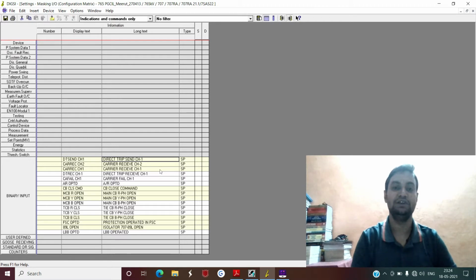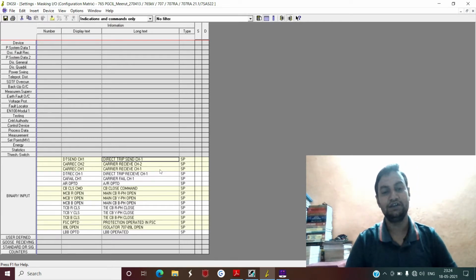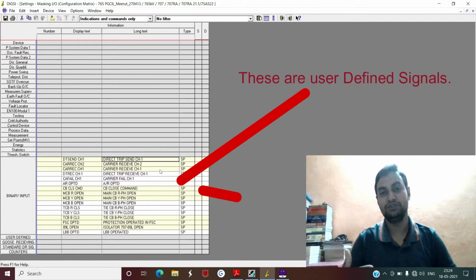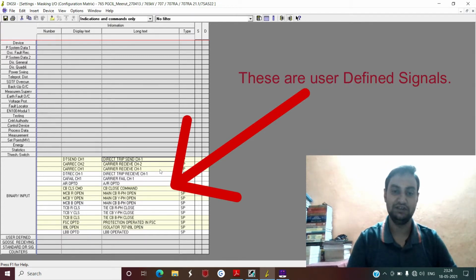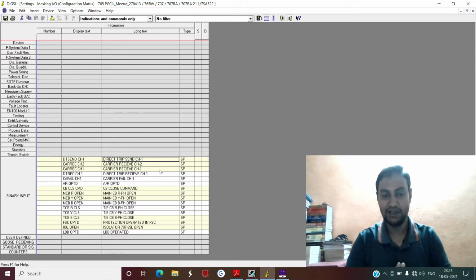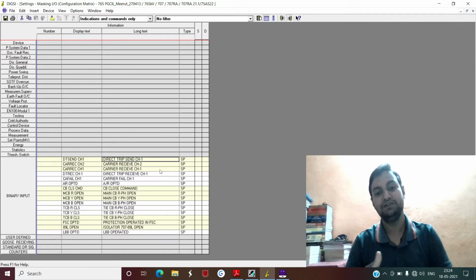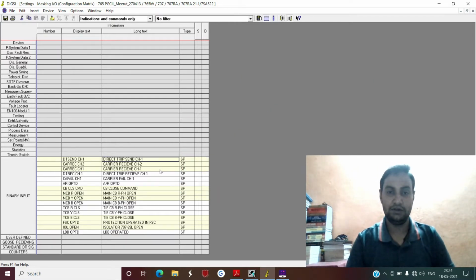In case of distance relay, generally all of your signals are single points only. When we discuss the configuration of the BCU, then we will see the double point signals. Now this is for indication. Similarly, in the double point signal, you can have the double point command also. Also in single point signals, you can have single point commands. The single point command means, for example, suppose you are using a command for resetting of the master trip relay.